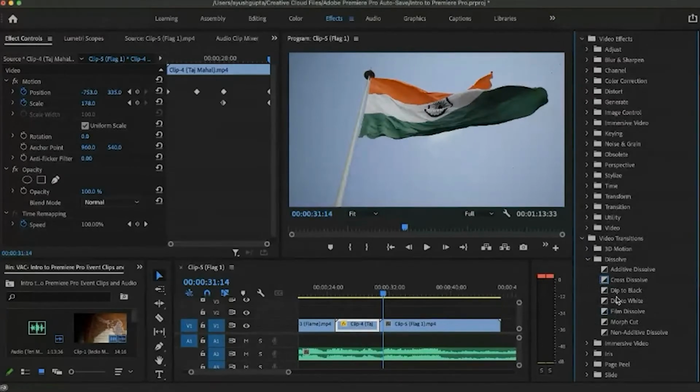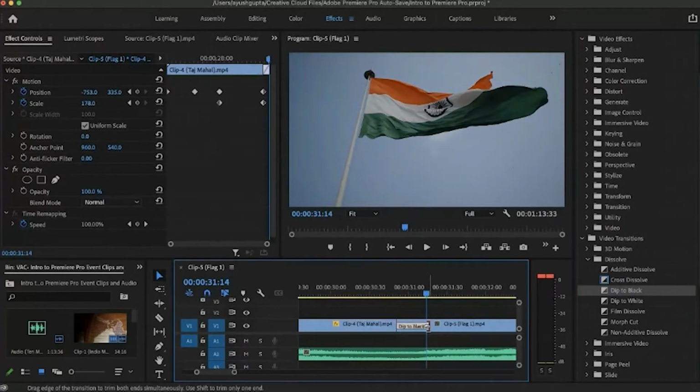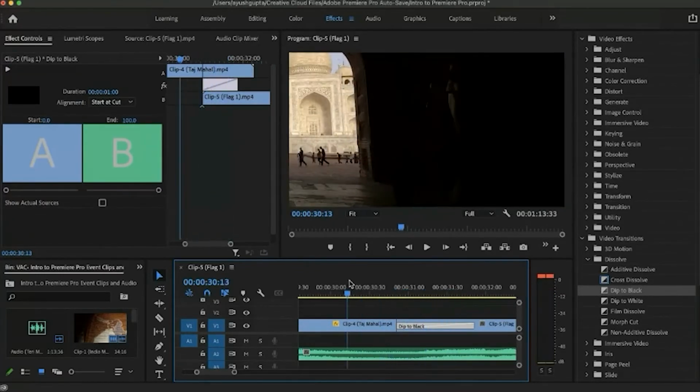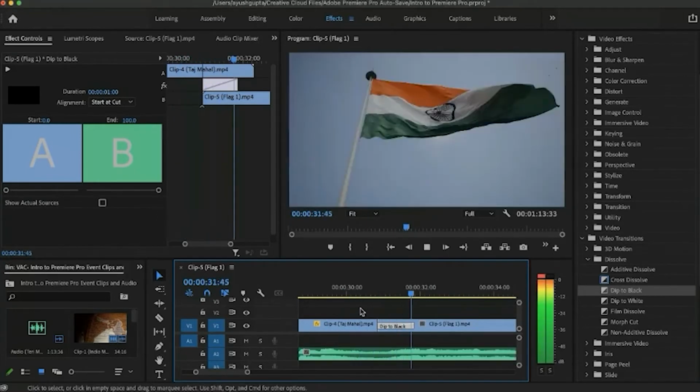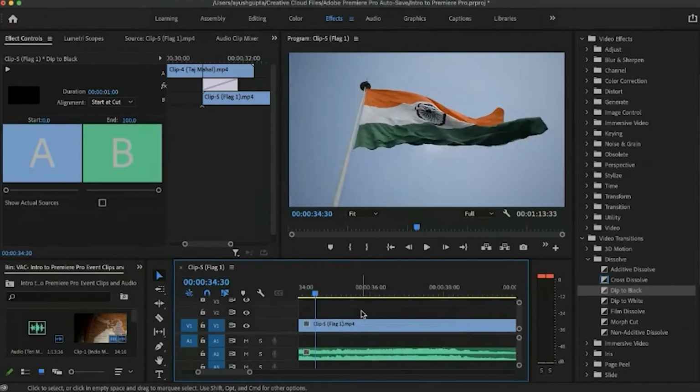And there will be an option, dip to black. There will be a black screen transition between the clips. Now I'll play it and see if it works. Yeah, it's better.